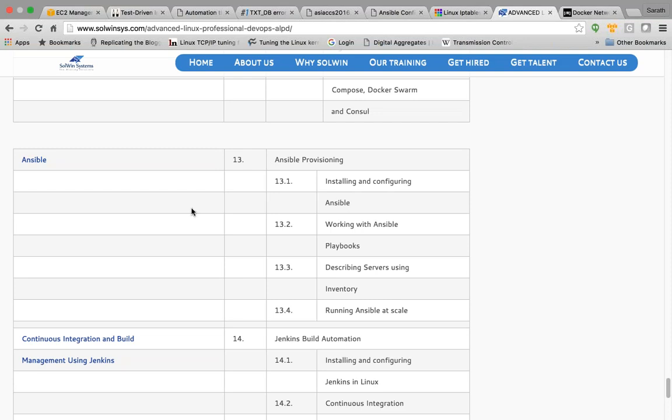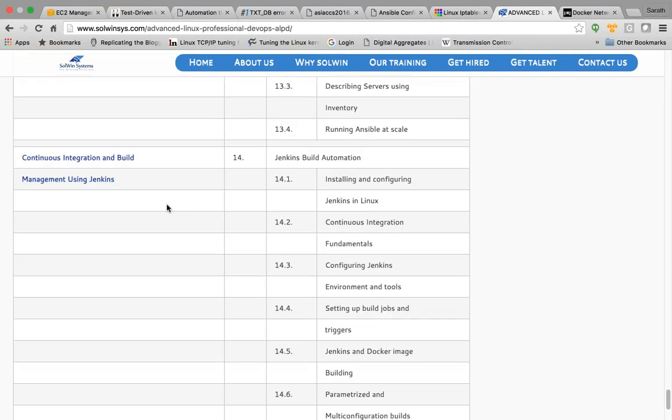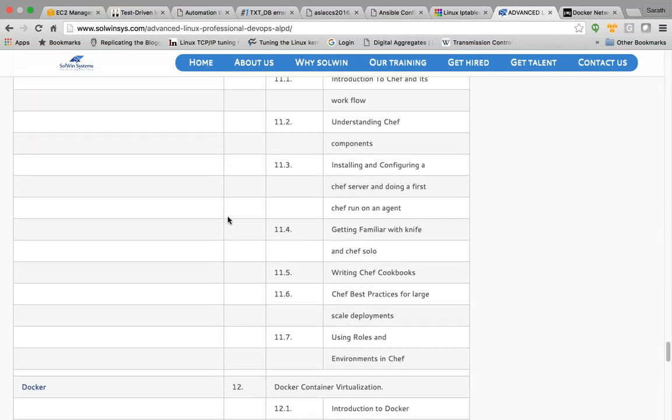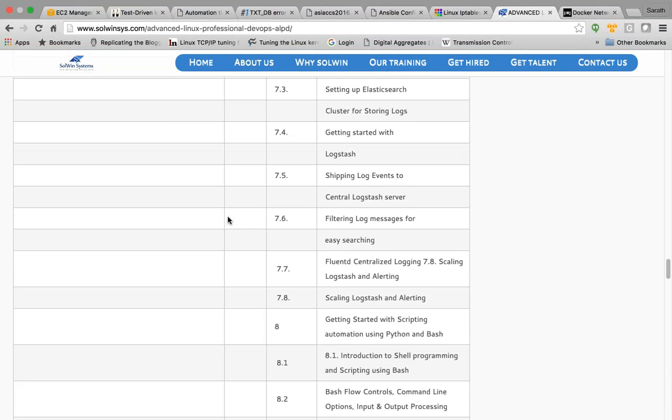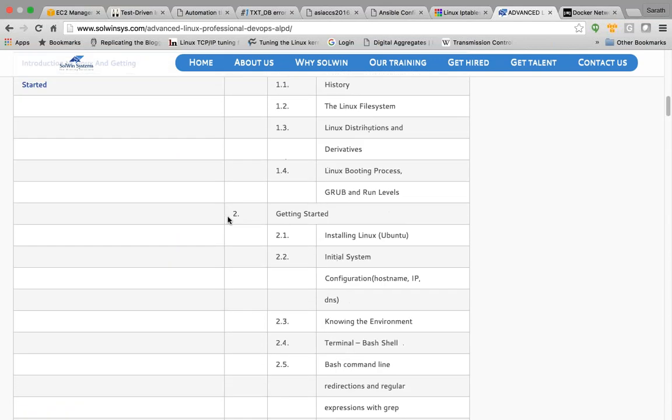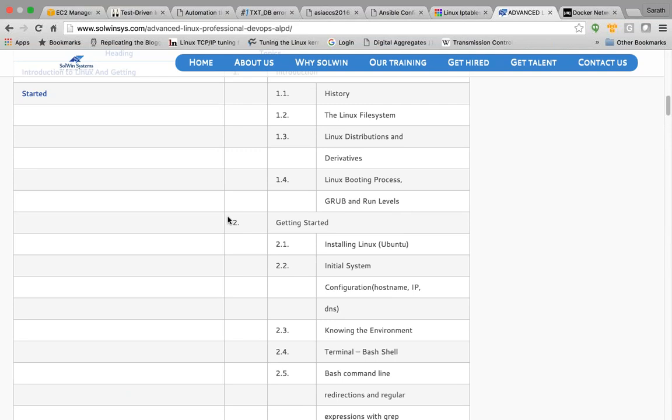We will learn about another automation tool called Ansible. Then we will learn about, of course, Jenkins and the continuous integration part of DevOps. So this is how the course is constructed. We will be starting from the very basic level. I will start from the very first topic, that is what is Linux, what is an operating system, and what is the interface where you will be sitting on a day-to-day basis while doing system administration, or what happens when you log into a server, what is the interface that you are going to get. That is what we'll be learning today.